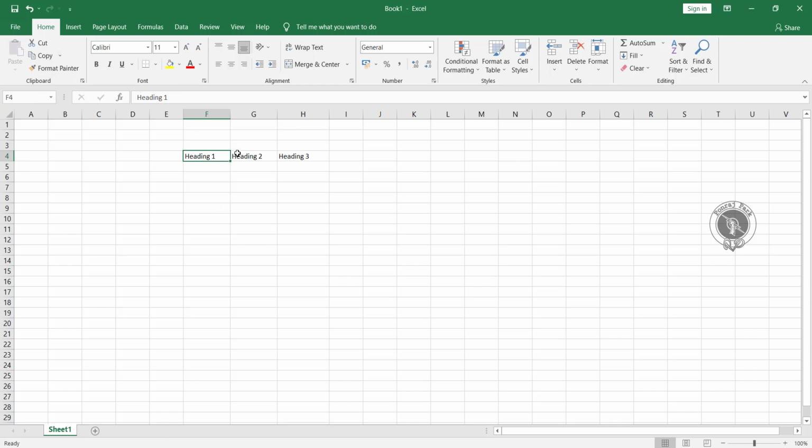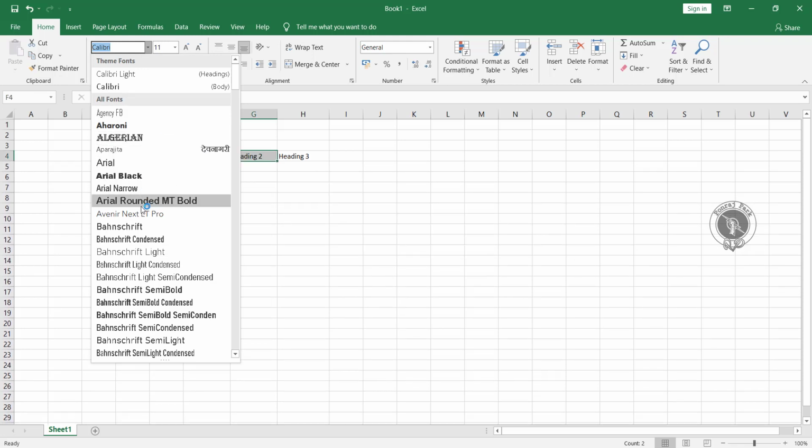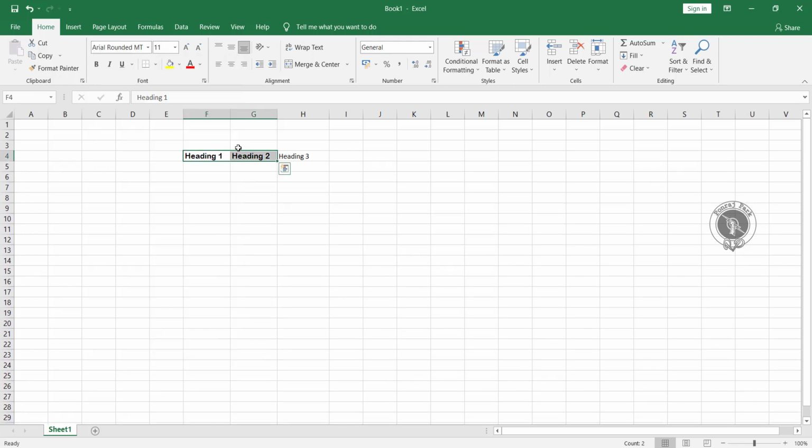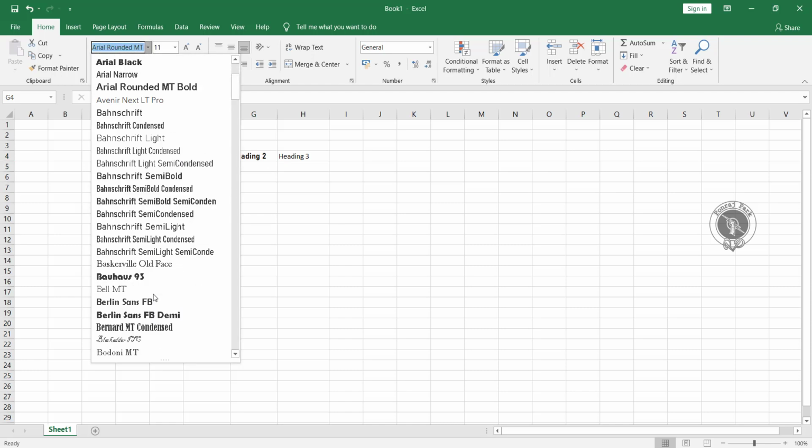You can select and come here to apply or change the font, whatever font you want to change, you can do that from here. Suppose I have applied this, and if you want to apply different formatting, you can also do that.